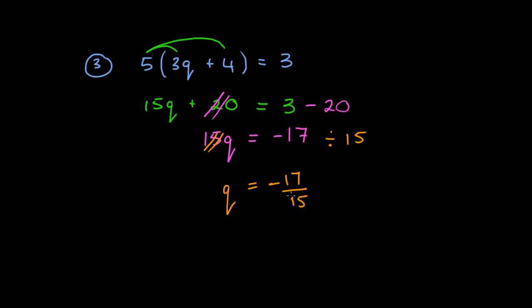And I'm not even going to bother. I mean, we could write that as a mixed numeral, and put it as minus 1 and 2 over 15, but to be honest, that first answer, I'm very happy if you get that far. So I really advise you to leave it in that format. Alright,